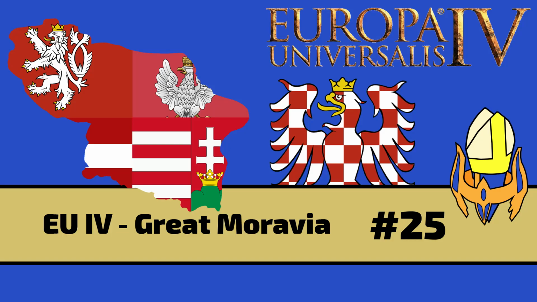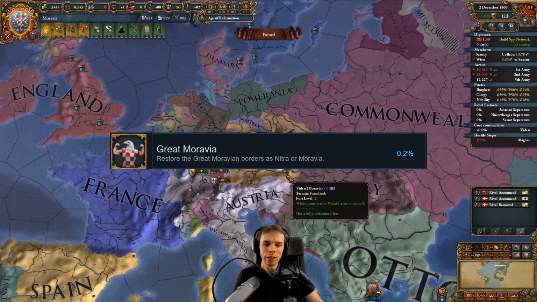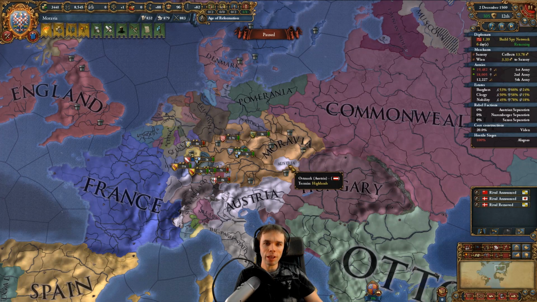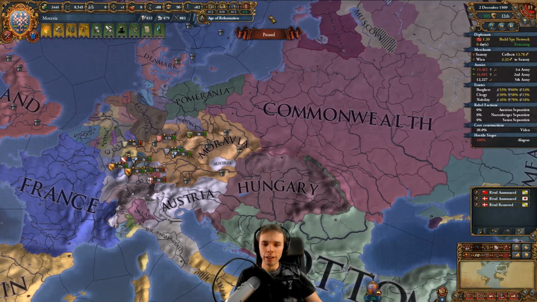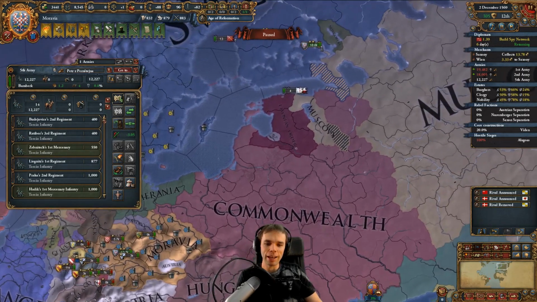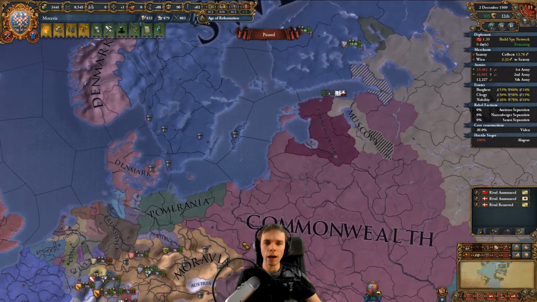Let's play some more Europa Universalis IV as Moravia, where we're going for the Great Moravia achievement. And we just recently took Wien from Austria, so we only need Ostmark from them, and we need a bunch of land from Hungary and 2 provinces from the Commonwealth. We used to be allied to all these people, but we broke our alliance to Austria when they had a bad call to arms, and the Commonwealth, for I don't see what reason, just broke their alliance to us